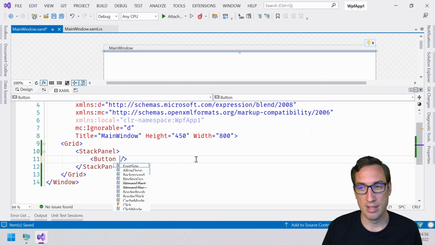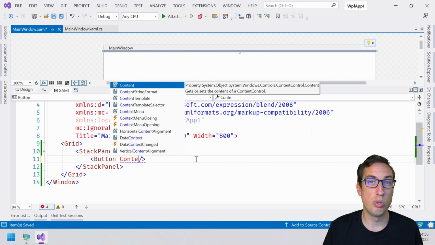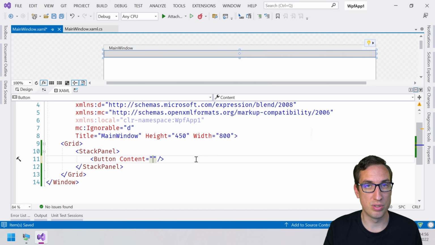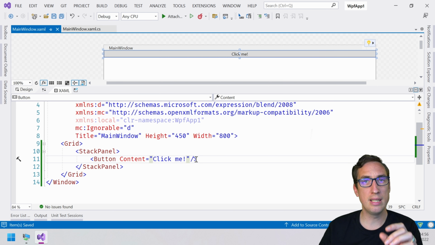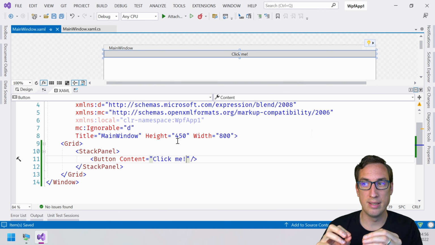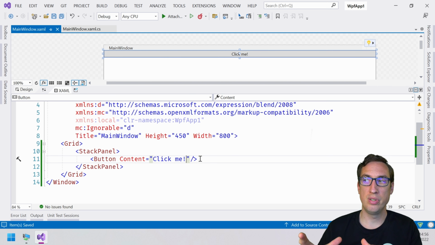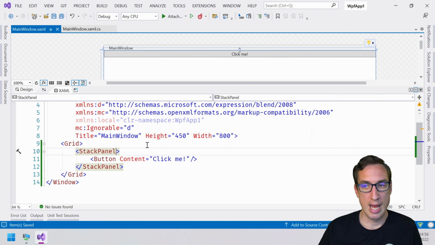So if I add some text, which is actually called content in WPF and not text, if I add some text like click me, you can now see that the button grows a little bit taller. So again, the stack panel will give it what it needs in order to display the text click me. Now, I think that this button is a little bit too wide. I want to make it more narrow. So the stack panel has some properties, for example,